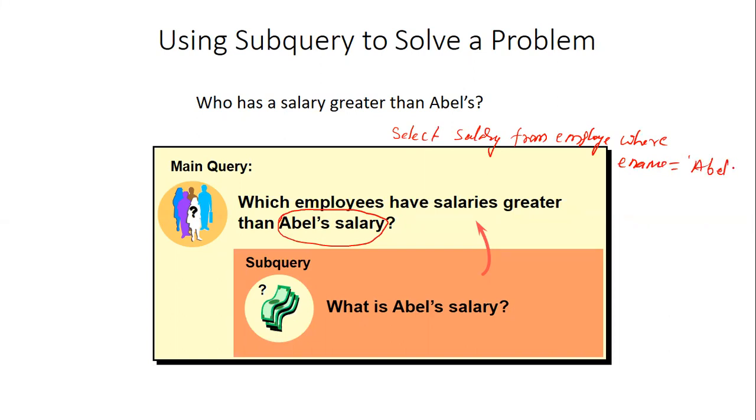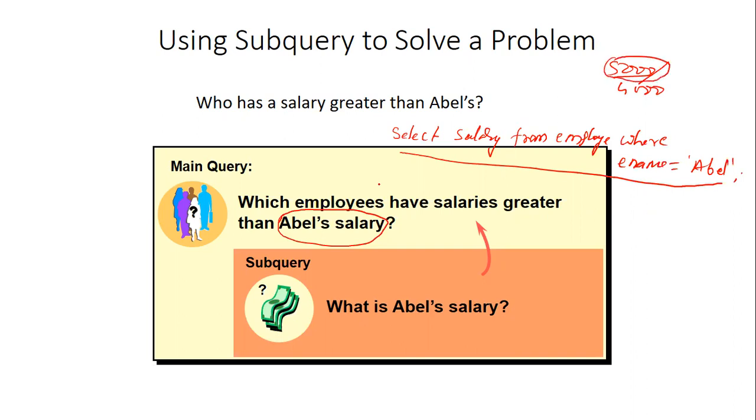Is that okay? This query will return the salary of Abel. It may be possible that the result of this query is like 5,000 or 4,000 or something.